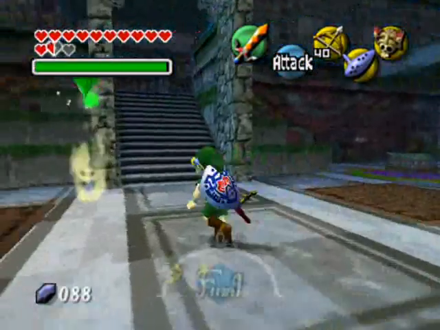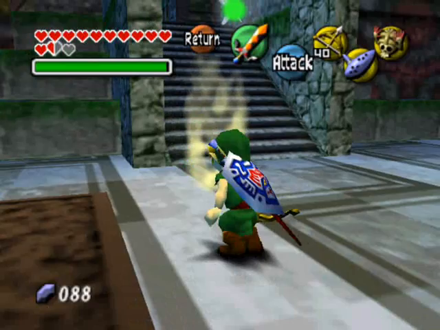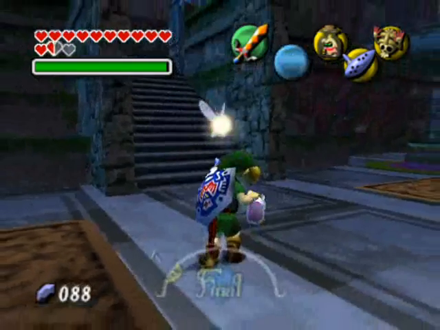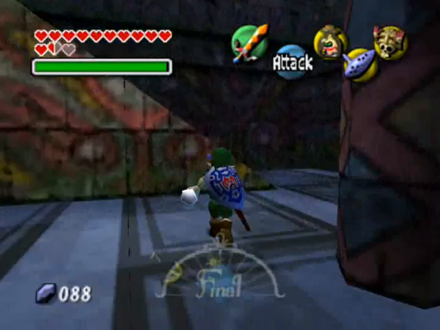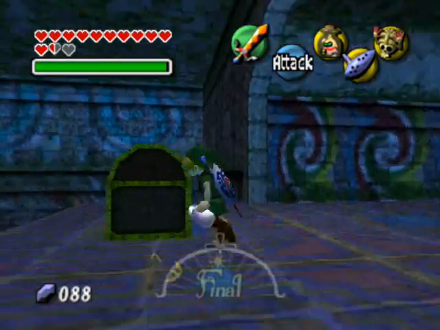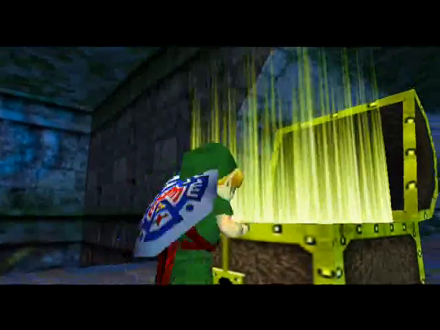And there's a Big Poe here, so you can actually capture it if you want to. I think. Maybe. Yeah, you can. You can actually capture it. Just in case we need him, because you never know. Might be able to do all of this in one day, but I doubt it. Let's go to that treasure box. And inside the treasure box... You have to go to the other side, Link. There you go. Inside this treasure box...